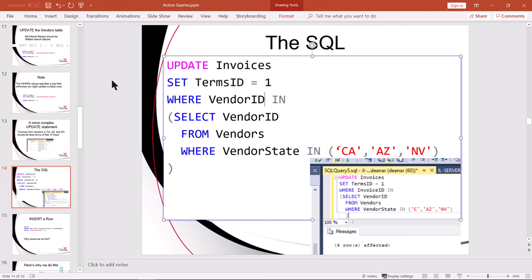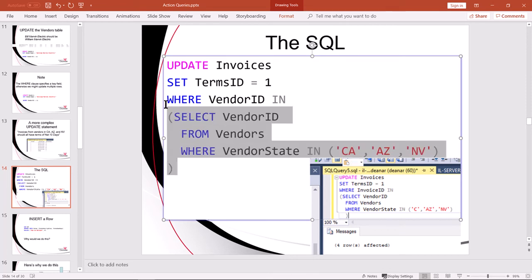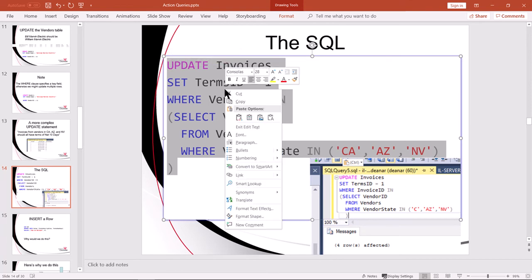Here's a query that has a better chance of working. We've got a subquery that pulls out only the vendor IDs we want, and we match those vendor IDs against the vendor IDs in the entire table. On the matches, we set the terms ID field in those vendor rows to 1. And let's fix this quote. That looks better. I can grab this entire SQL statement